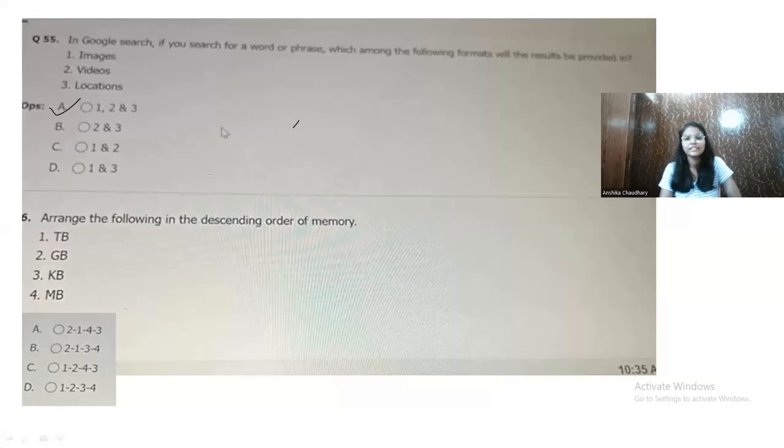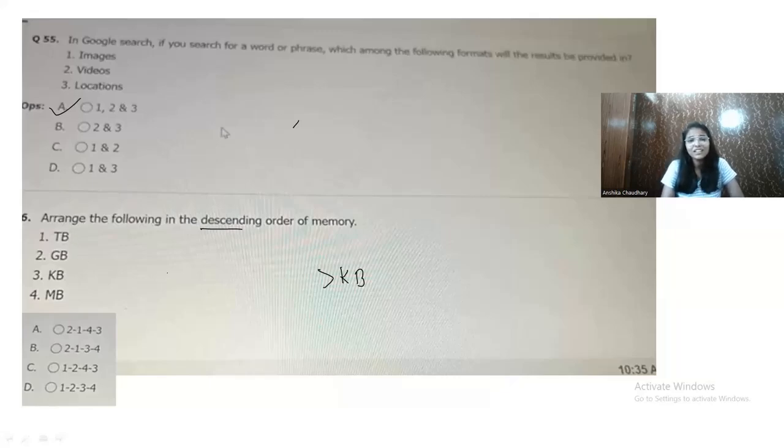Arrange the following in the descending order of memory: TB, GB, KB, MB. Okay, so among all, KB is the smallest unit, right? And you have to arrange them in descending order. So TB means 1000 GB.